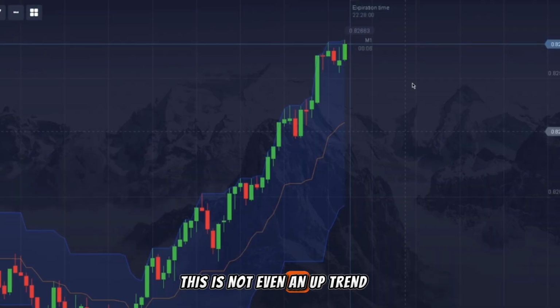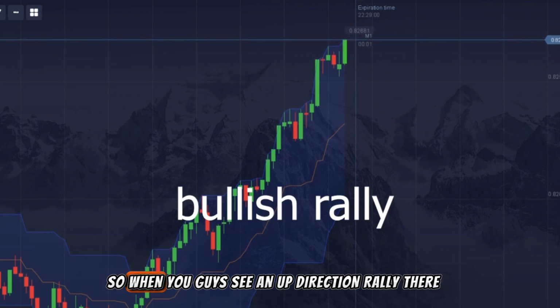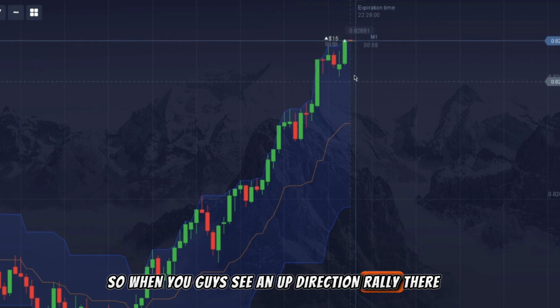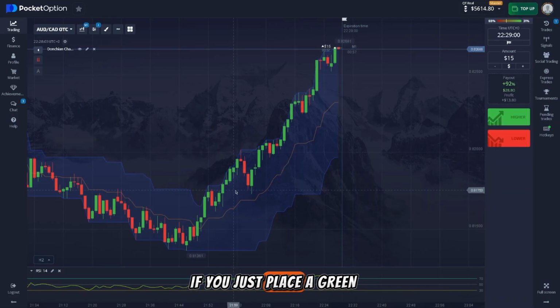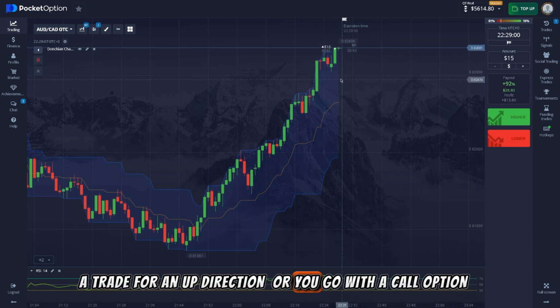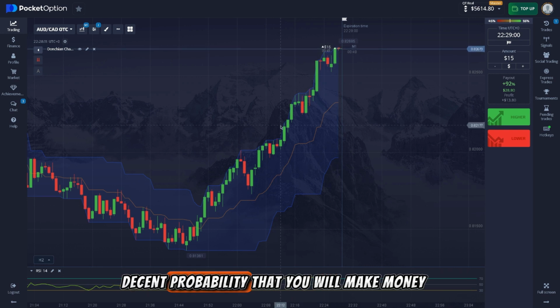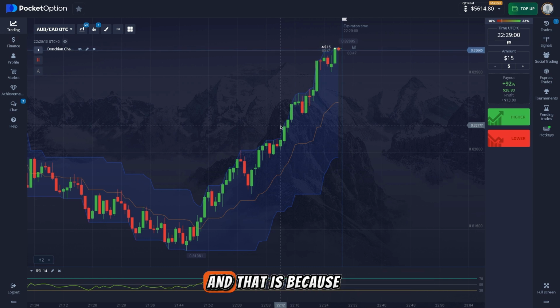This is not even an uptrend. This is an up directional rally. So when you guys see an up directional rally there, if you just place a trade for an up direction, or you go with a call option, there's some decent probability that you will make money, and that is because